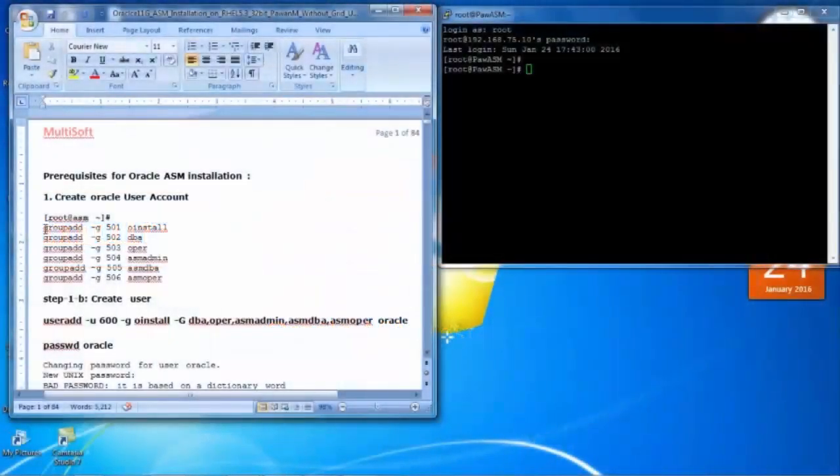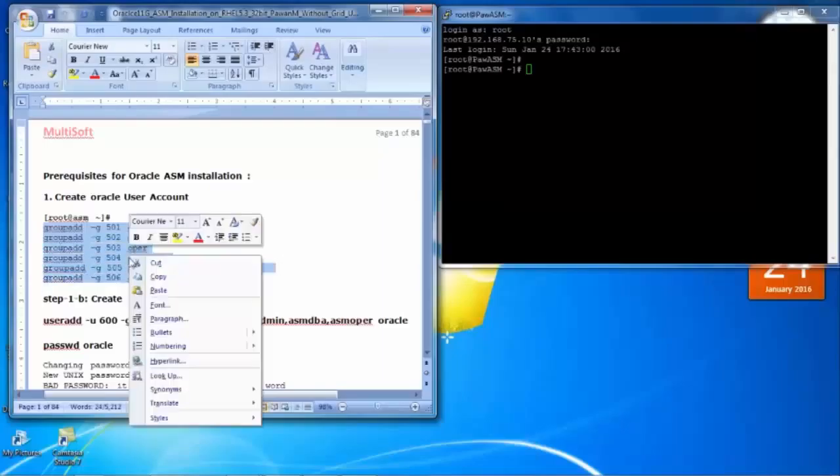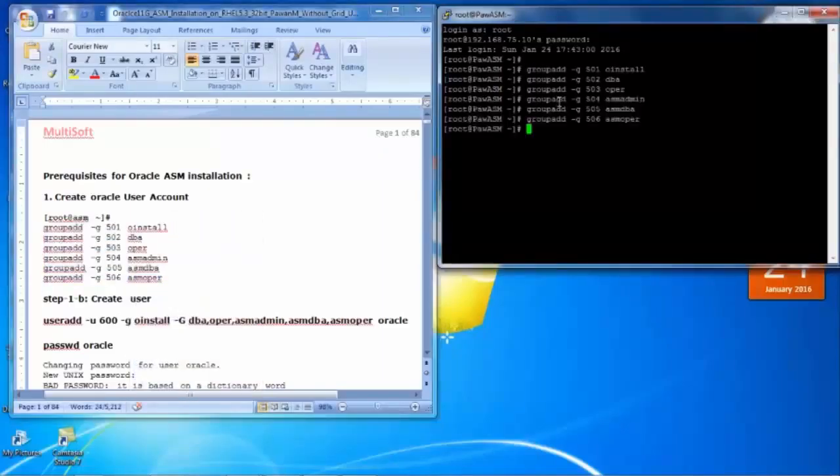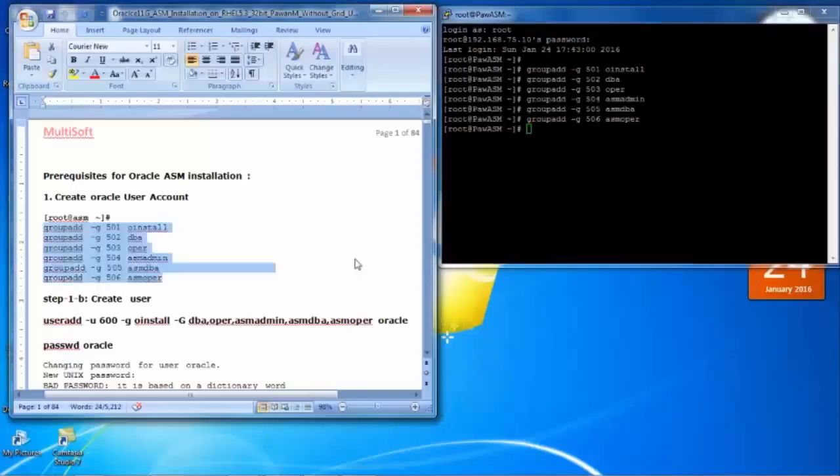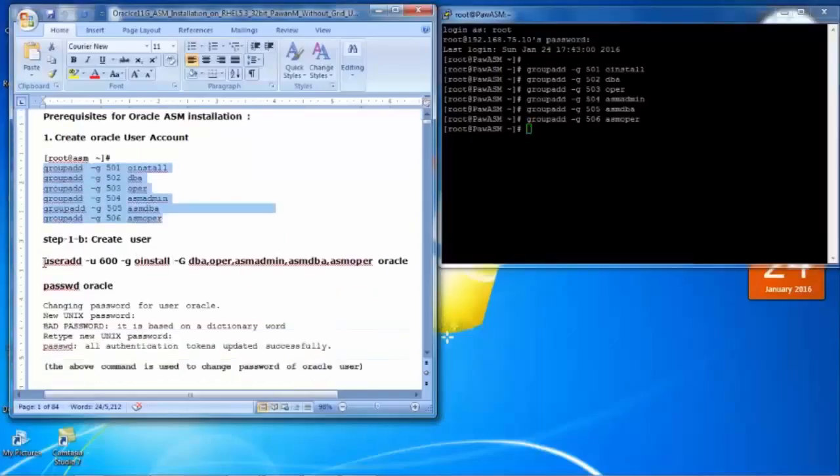First you have to create all these 4 groups. Means you have to create all these OS groups. I have created all these 4 groups. Thereafter you have to create